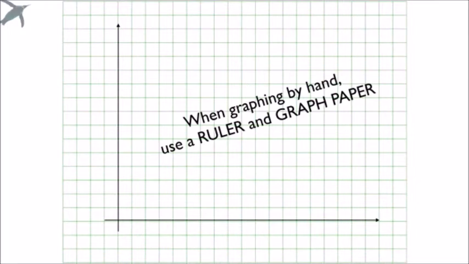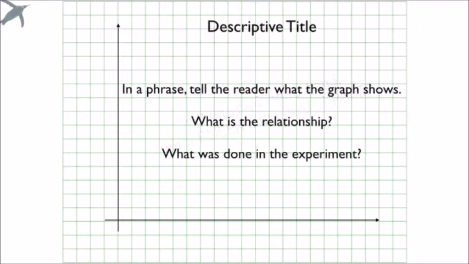Use a ruler and place graph paper over it, okay? The next thing you're going to need here is a descriptive title. This should be a phrase that tells the reader what is this? It should answer that question. So the graph should actually stand alone. You should be able to look at the graph